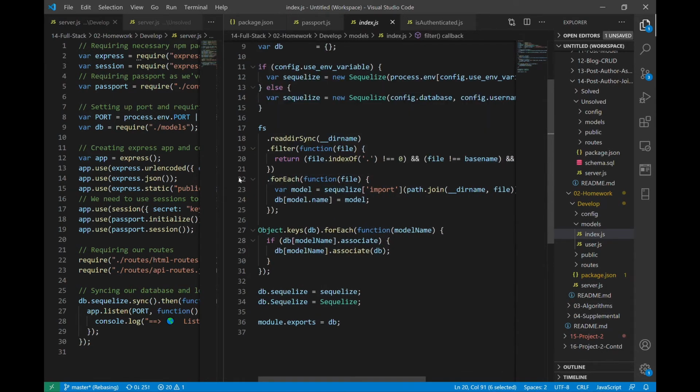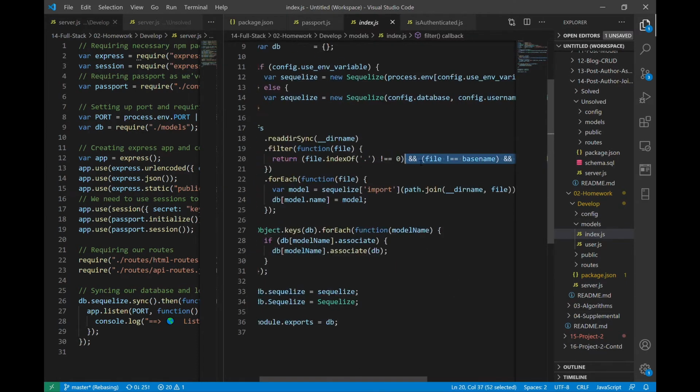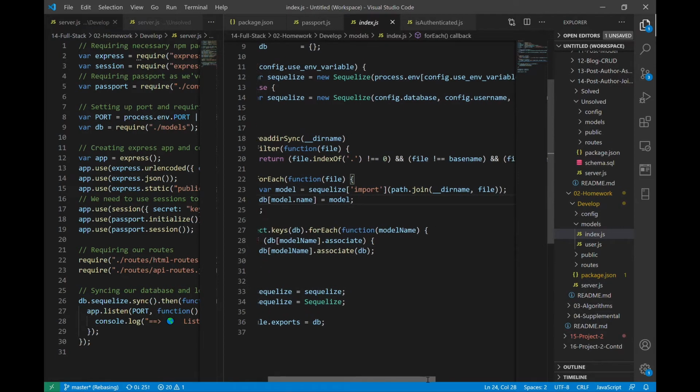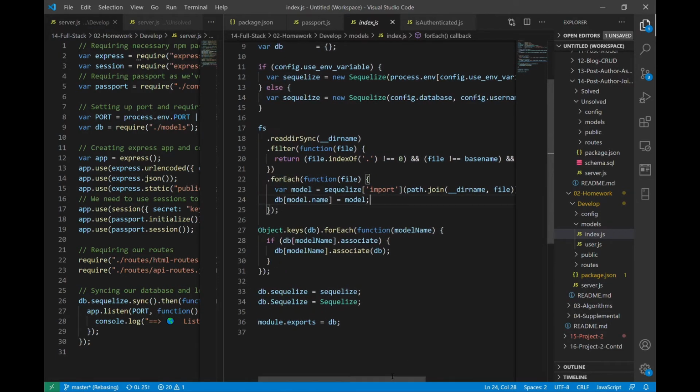And it's saying that for each of the files that it's found in the directory that it resolved, go ahead and use the sequelize class that we had defined previously based on the configuration, and begin importing these files that may or may not exist based on the models,